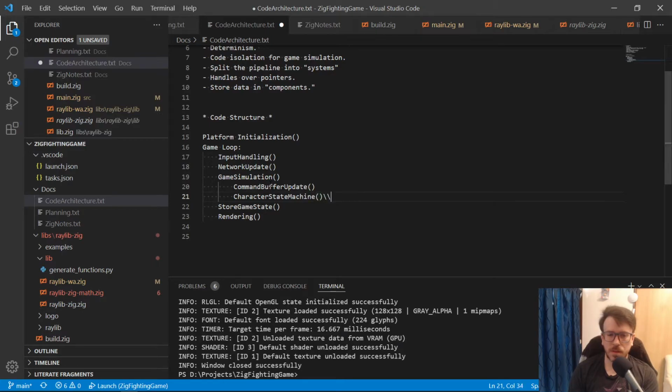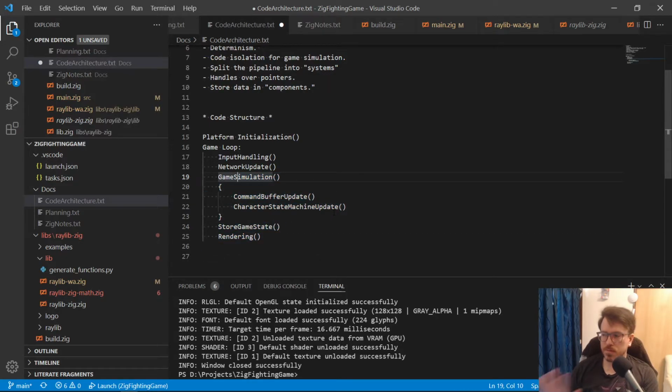I'm kind of fluffing over the details right now because the state machine might be updated in stages itself instead of at one update, but for now I'm going to leave it here and we're going to get into it more. I'm actually going to put brackets around here so we know it's this part of this. This is just kind of my pseudocode. Don't worry too much about the syntax.